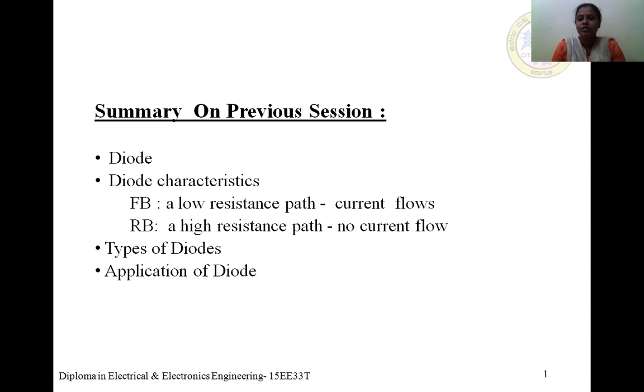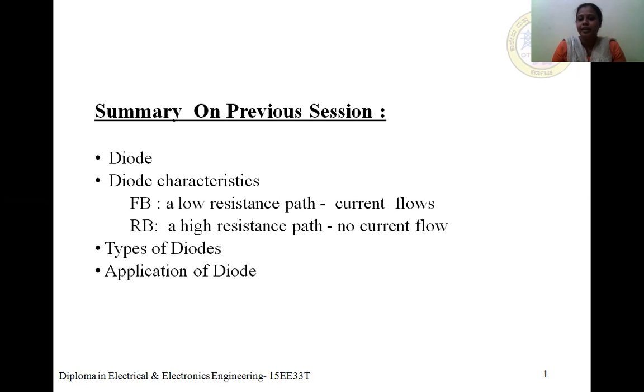So next, coming to the types of diode. We have different types of diode. In that, the first one is the Zener diode. The second is the Schottky diode. The third one is the step recovery diode. And next are varistor diode, thermistor diode, tunnel diode. These are some types of diode. Still, there are many types of diode. One more I can include, it is the light emitting diode. So these are certain types of diodes.